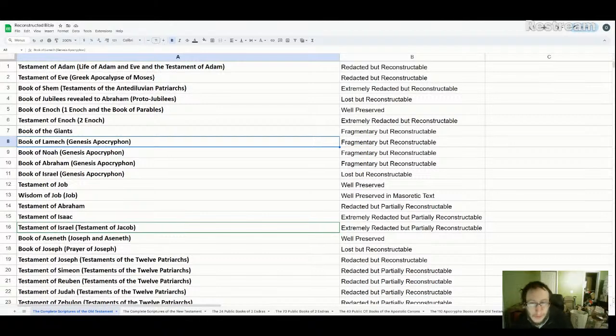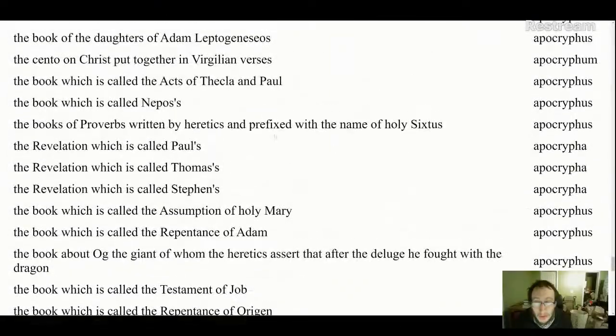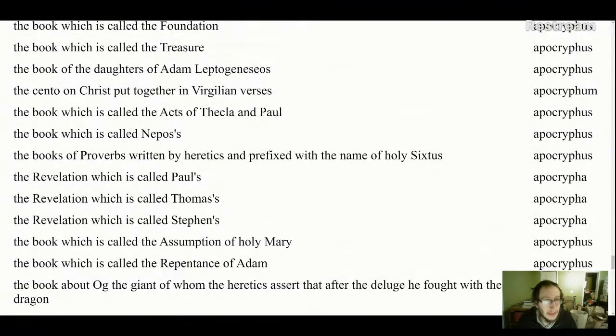So we can use First Enoch to help us reconstruct Book of Lamech, and we can use other portions of First Enoch to try to reconstruct some of the sections. But overall, there's less confidence of the full text for Book of Lamech. Interestingly, we do have in that decree we were reading from earlier, it actually shows the Book of Lamech as one of the